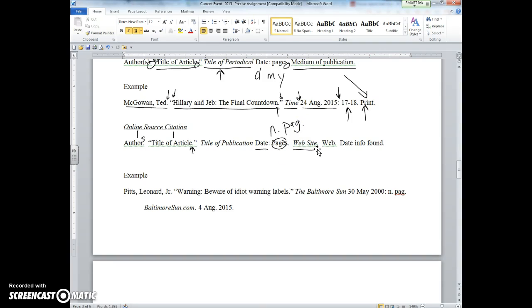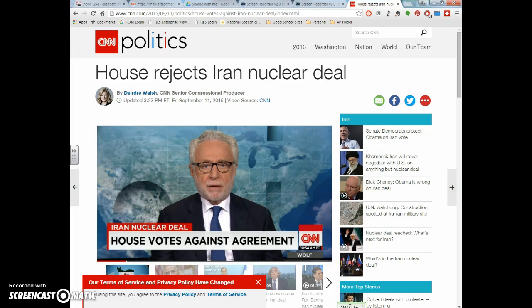And here's where I see students kind of make the mistake. They think the website is the really big, long thing that they see up in the top in the navigation bar when they look at websites, and it's not. I'm going to show you an example here. Here's an example of a news article that you could do a current event on. So the website itself you can find here, but it's not that whole thing.